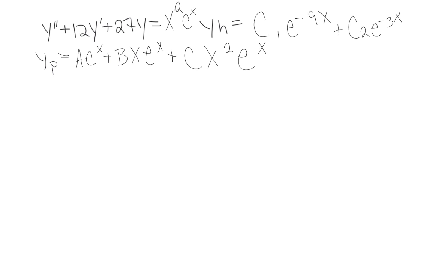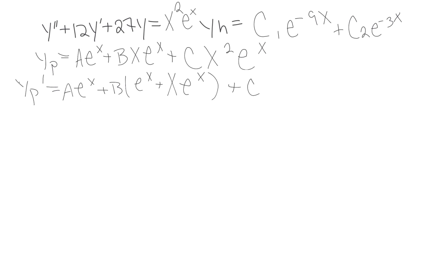So these derivatives are going to get a little bit hairy to evaluate. So y sub p equals a times e to the x plus bx e to the x plus cx squared e to the x, and so y sub p prime equals a times e to the x plus b, and this is going to be straight up product rule. So the derivative of x e to the x, well, derivative of x is 1 times e to the x, so that would be e to the x plus derivative of e to the x, so plus x e to the x. It's just straight up product rule right here,